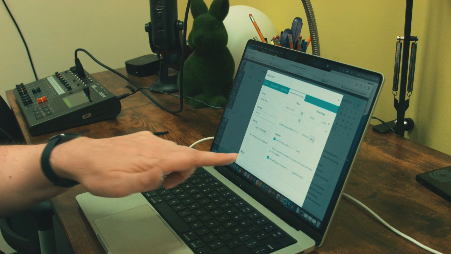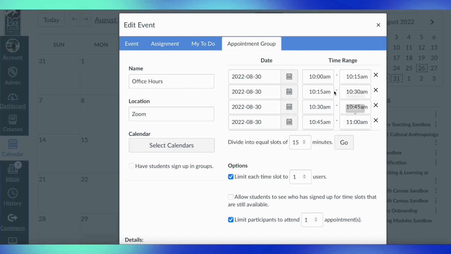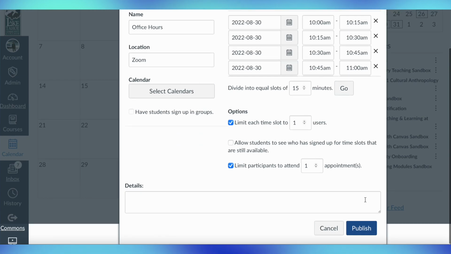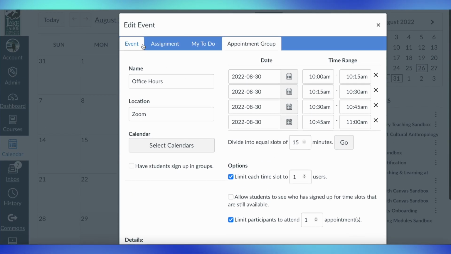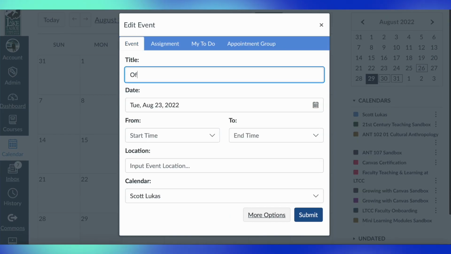And then if I hit go, you're going to see it sets up 4 time slots because 15 will go into an hour 4 times. So that makes it kind of easy. At this point, then I'll hit publish, and I need to remember to call this